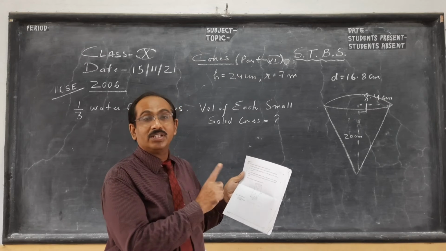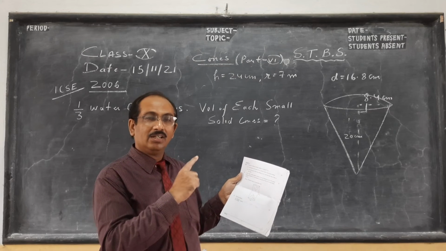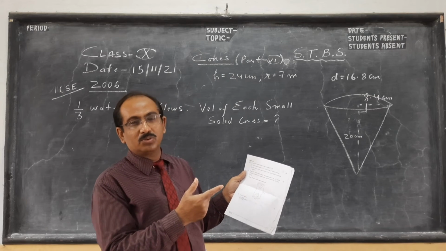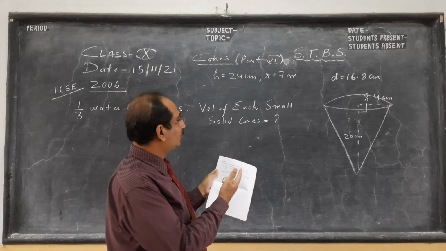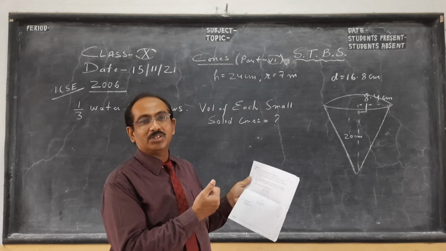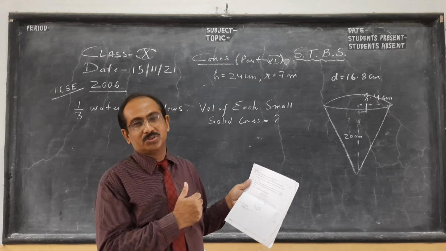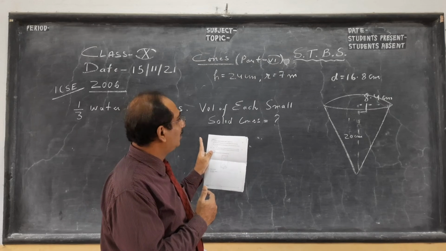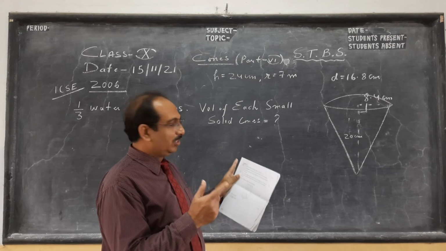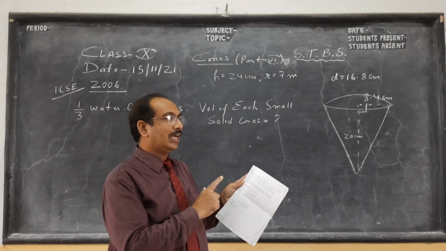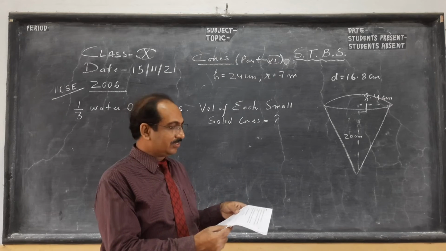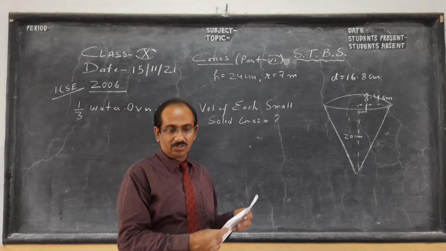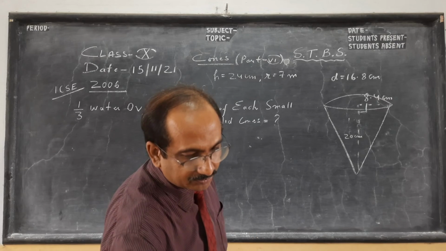So I'll be solving this in my next video, where I said I'll do cylinder, some more questions, and along with cone, because sphere is out. I told you most of the questions here in mensuration, 80% refer to sphere directly or indirectly. So this video is solely for cones. Another video will come with cylinder and with cones. So in my next video, part 7, I'll try to solve the question of 2020 and 2-3 more.